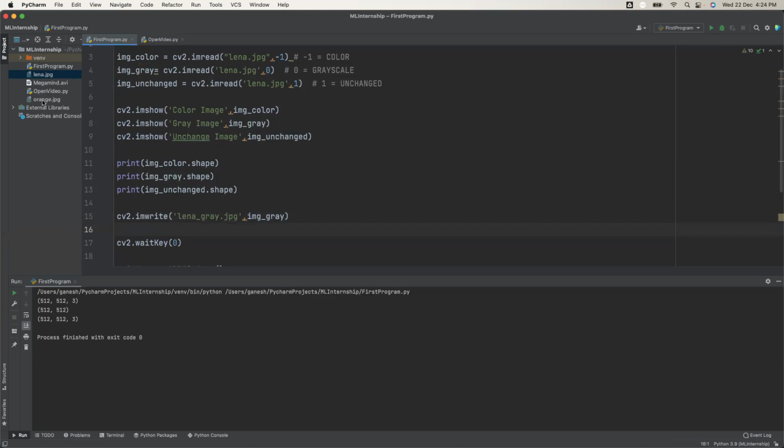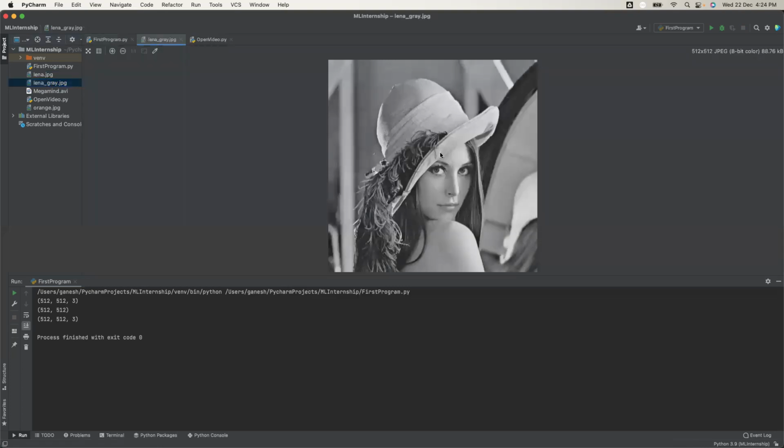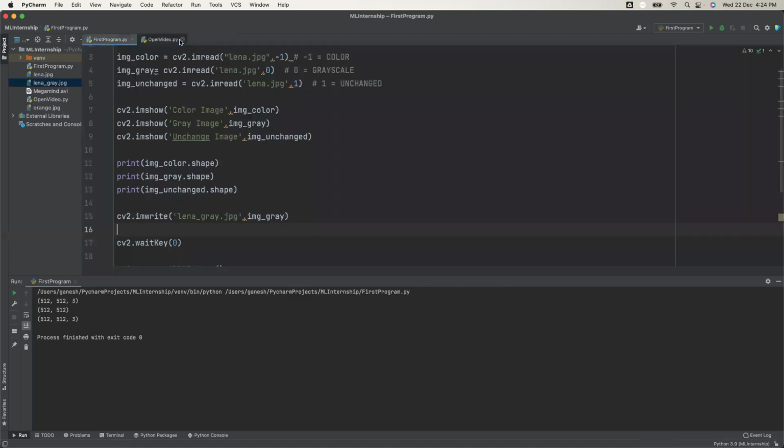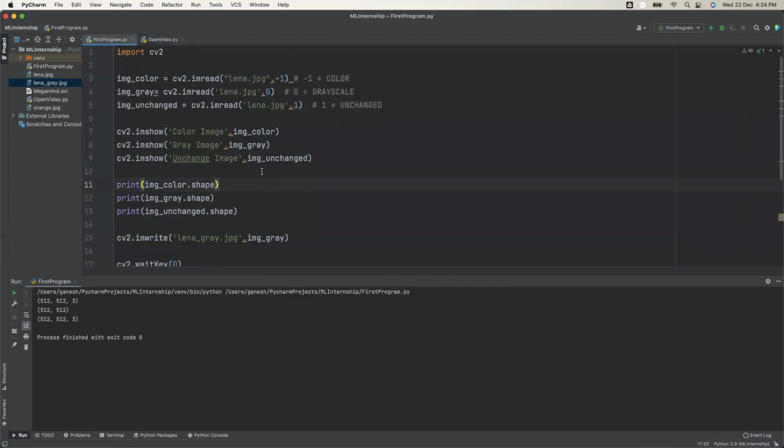In your project folder, there is no file called Lina_gray.jpg. When I run it, and when I press Q, you see here there is a new file, Lina_gray.jpg. See here, the new file has been created.